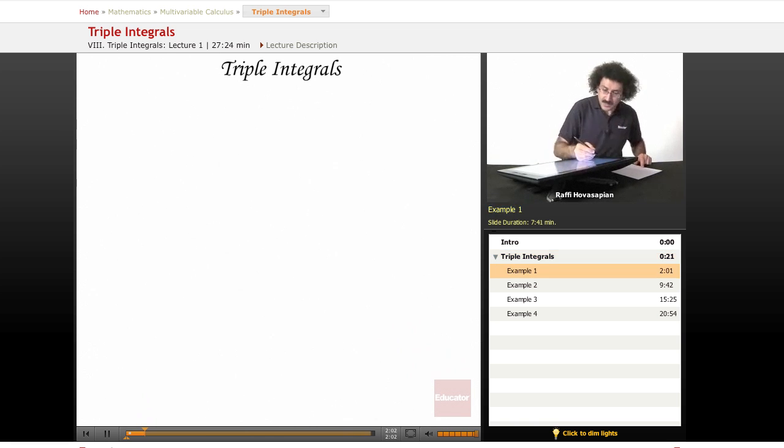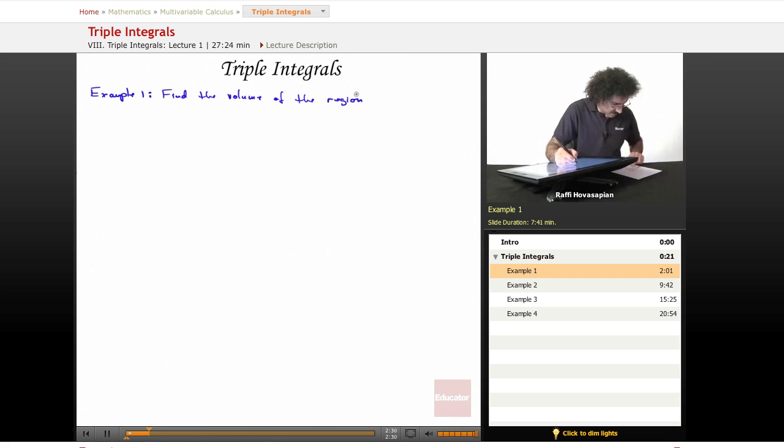Okay, so example 1. Find the volume of the region bounded by,